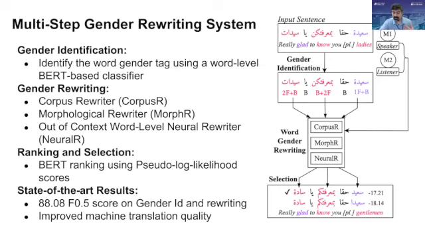And for example, Saeed and Sa'idan is one of the problems of case in Arabic, that some forms will actually show you different possibilities. So we use a language modeling step to select. And this is kind of the flow of this process that gets us about 88% accuracy on the gender ID and the rewriting. And we have shown that it does improve machine translation. So I think I'm gonna step out and let Bashar show his demo.